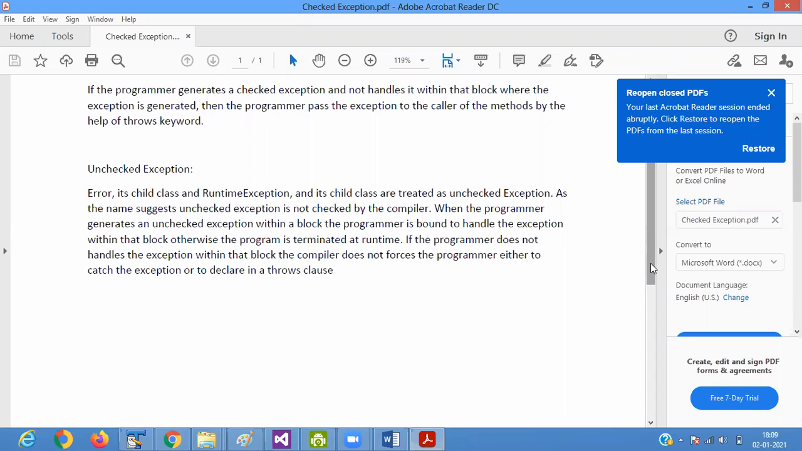So when the programmer generates an exception within a block, the programmer is bound to handle that exception. If the programmer doesn't handle the exception within that block, the compiler doesn't force the programmer. Okay, तो यहाँ पर प्रोग्रामर को आप फोर्स नहीं कर सकते हो कि आप इसको डिफाइन करो।